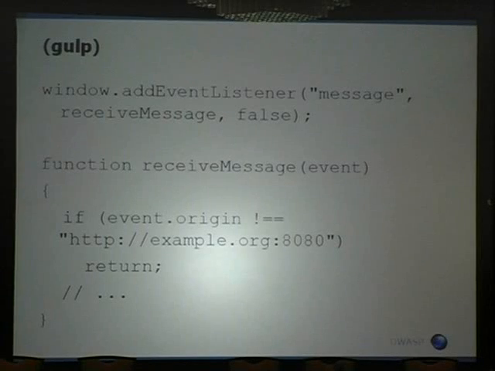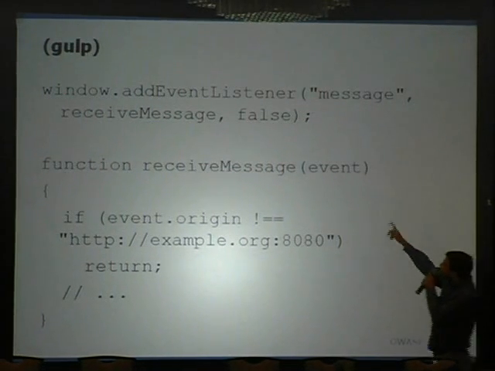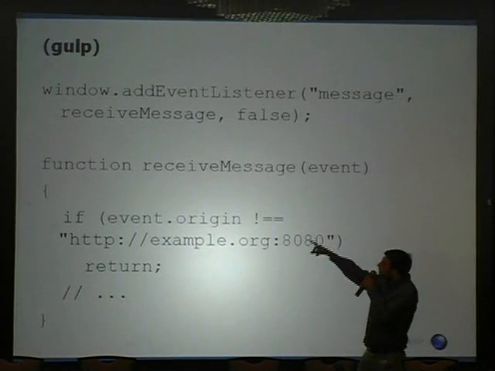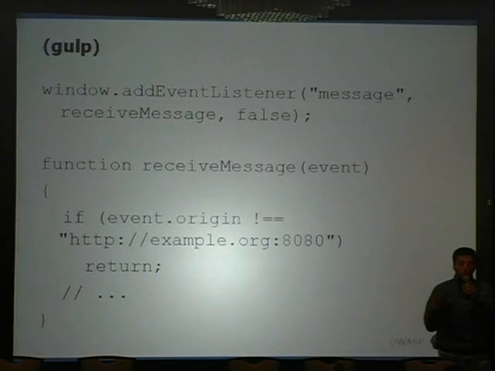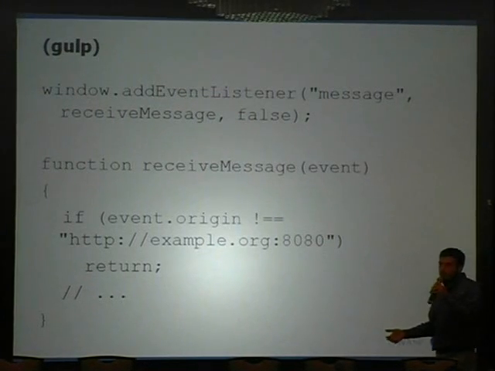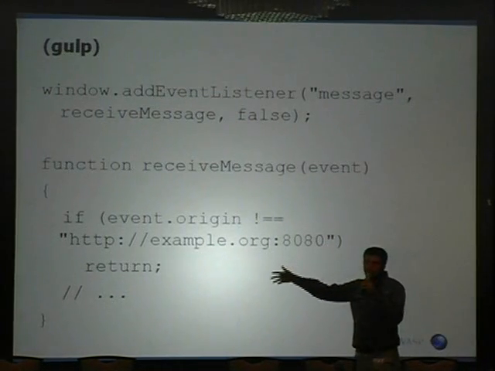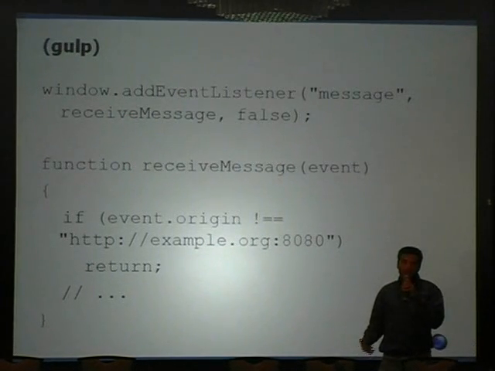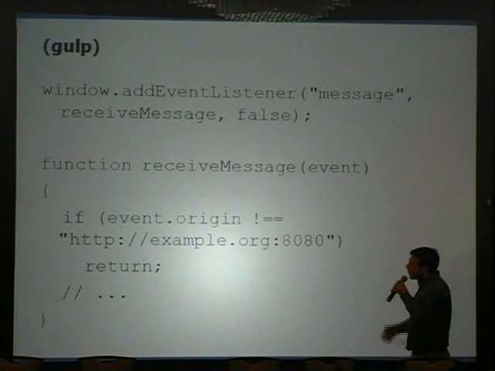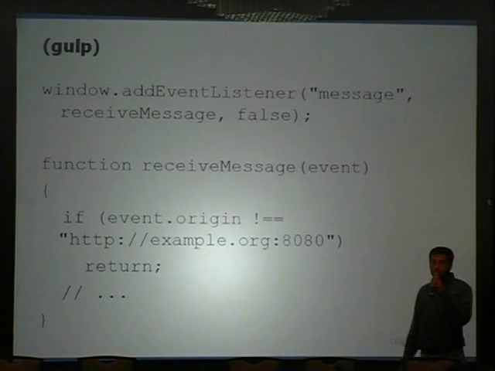This is an example of using post message in a browser. You add a listener for listening to messages. You check the event.origin, and this is what you're supposed to do: you check to see if the origin is the origin you intended to receive it from, and if it's not, you're supposed to return. So guess what developers are going to do when in QA and dev the origins are different? They're either going to forget to implement those checks, or they're going to implement them wrong, or they're not even going to know that they're supposed to do the checks.